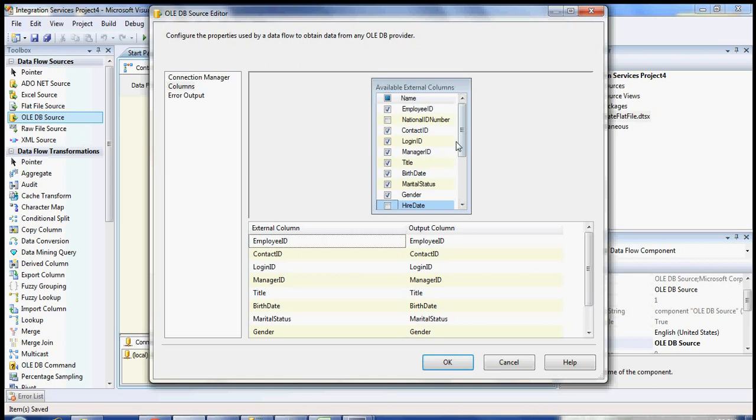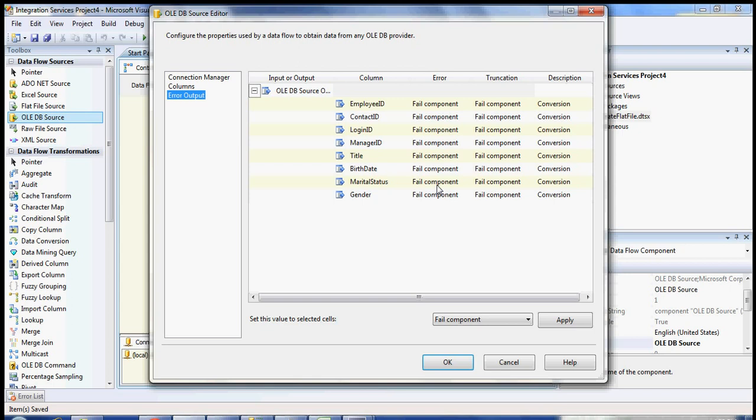First, we will see this. Click OK. Oh no, we can see error output. Here you can see error and truncation. If there is an error in this OLEDB source component, it will fail the component, so your package will fail.